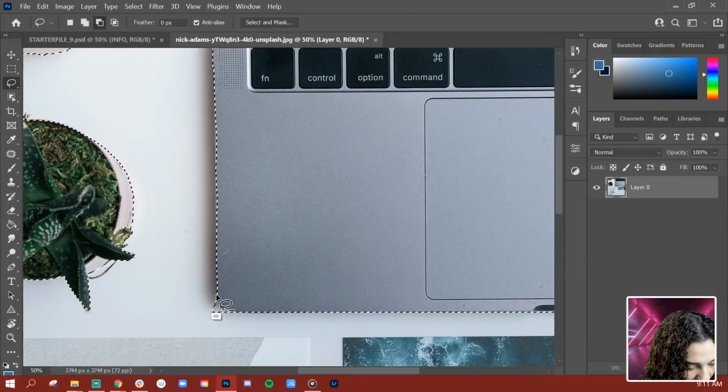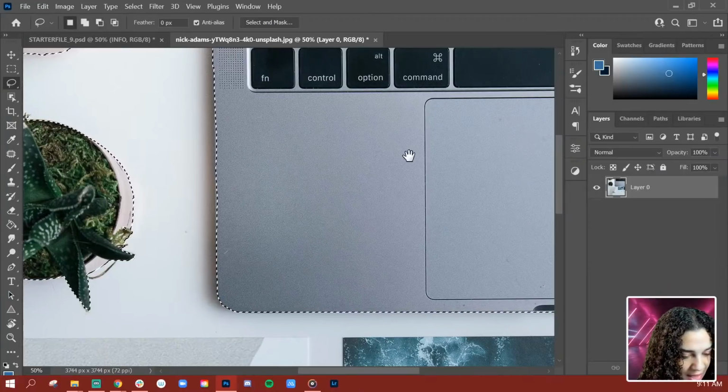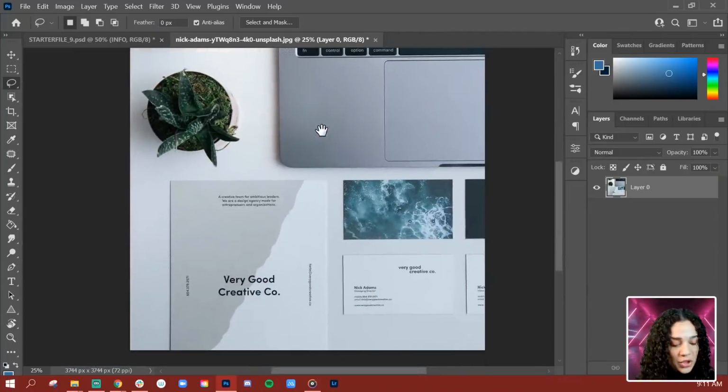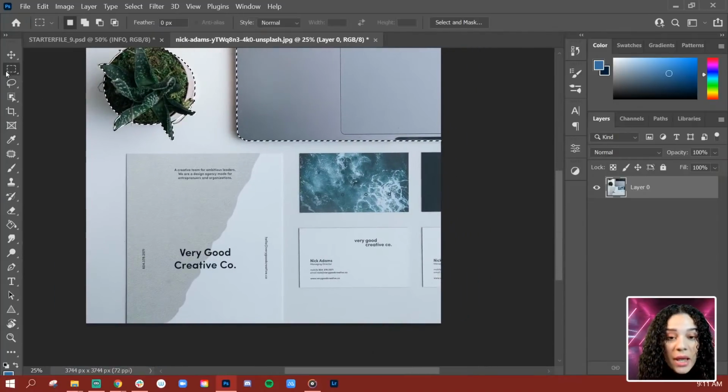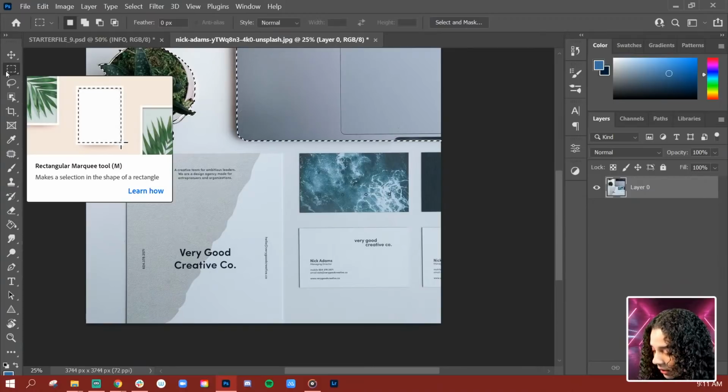Boom. And I'm gonna come around here. There we go. Just kind of clean it up as best I can. I think that is gonna do it. I'm not gonna mess with it too much. And then the last thing I'm gonna do is grab my rectangular marquee tool, and I am actually going to